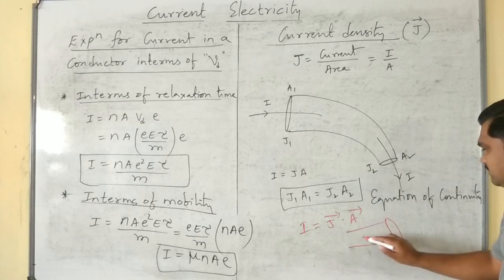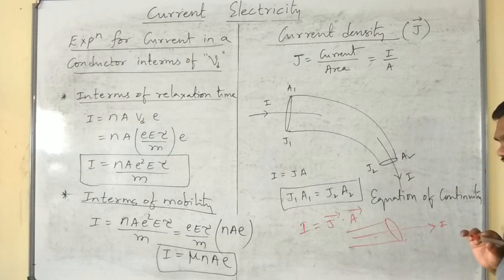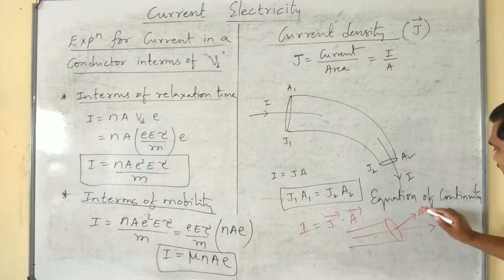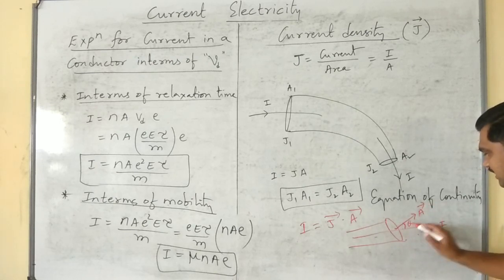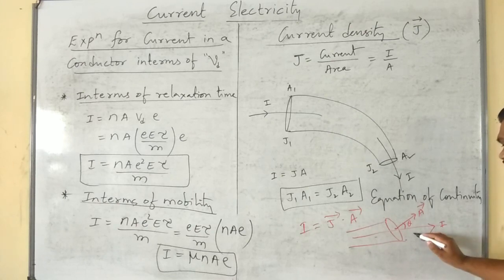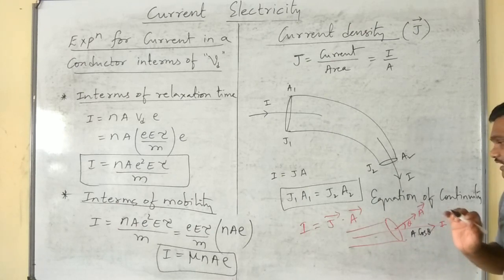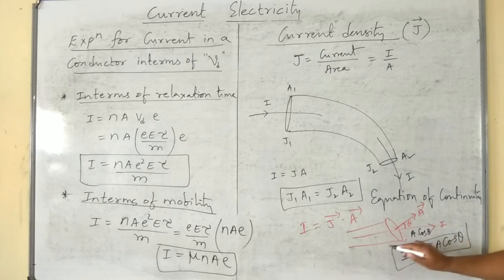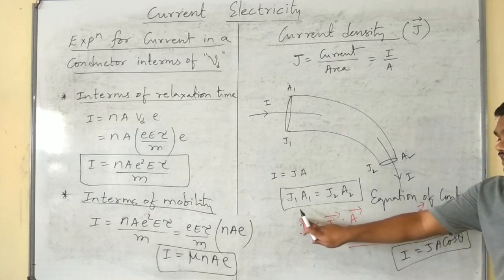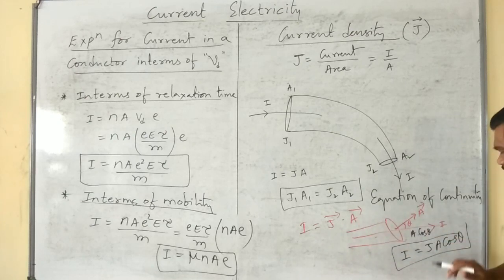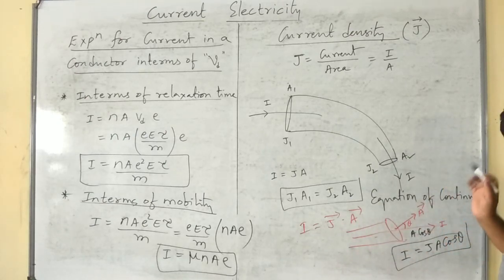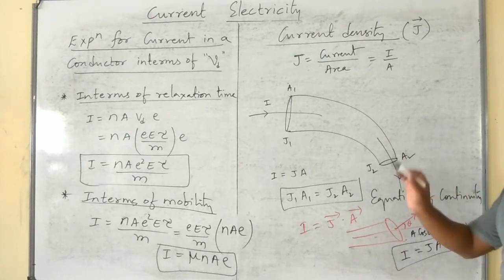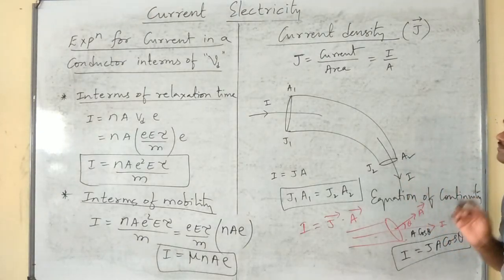If you take an area like this, current is flowing, for example, in this way. The area vector is given by A, at an angle theta. The component of A along this direction is A cos theta. Under such a condition, we write I is equal to J A cos theta. This is the amount of current flowing in the horizontal direction. Like that, in vector form we can represent the current as I is equal to J dot A. It is just like phi is equal to E A cos theta, or W is equal to F s cos theta, like that. Okay, fine.